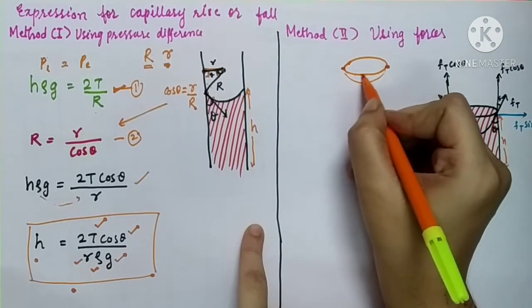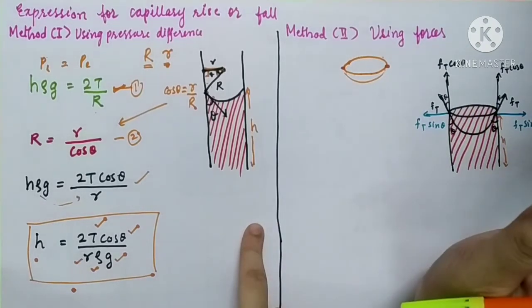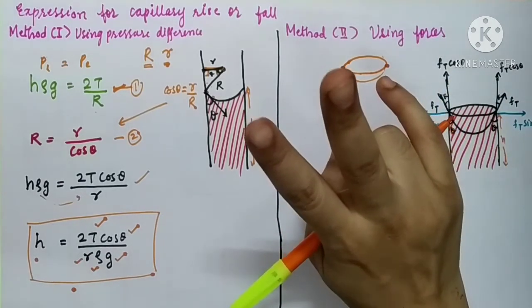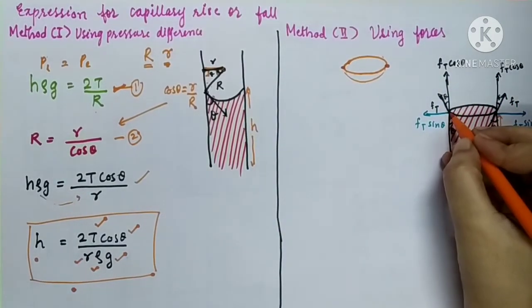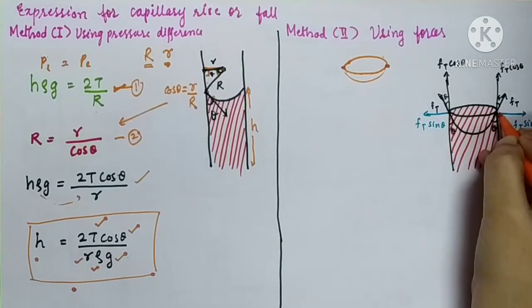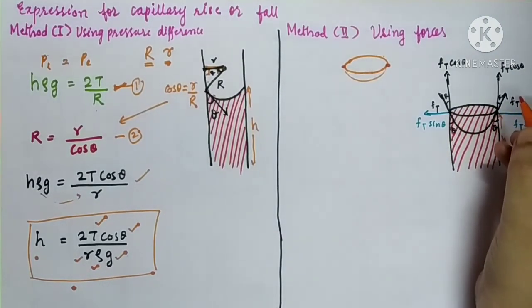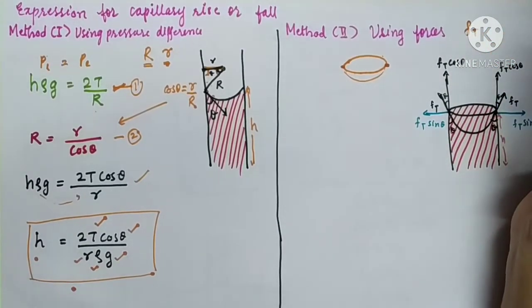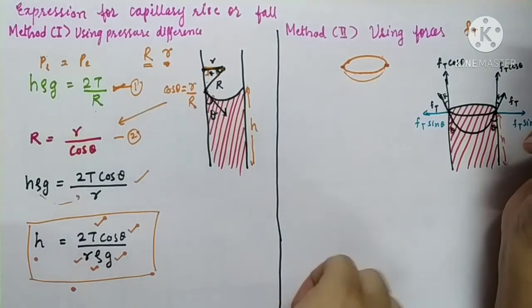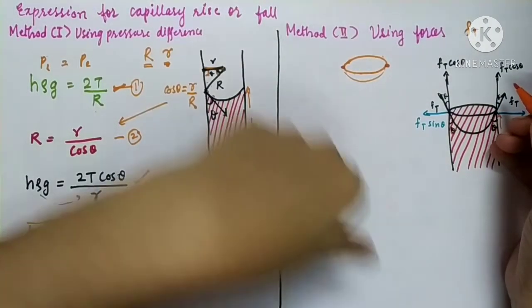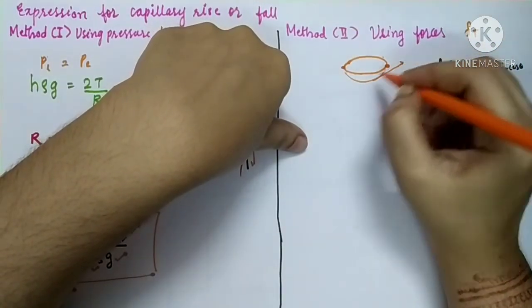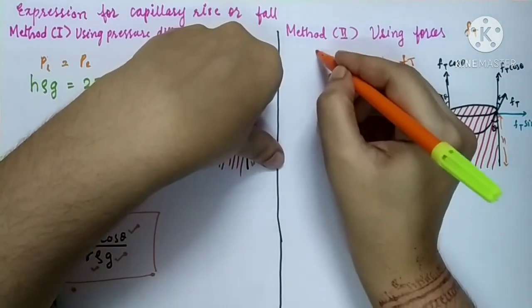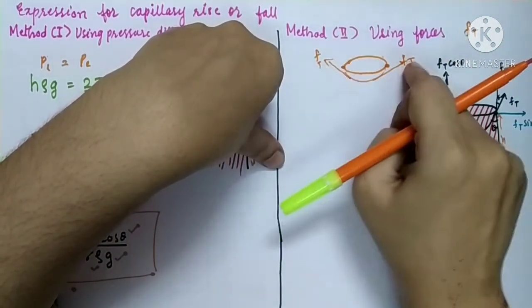There are various points which are in contact with the capillary tube. So for the sake of convenience, let us consider only 2 points. And fortunately, these 2 points are diametrically opposite points. So let small Ft be the force due to surface tension of a liquid. You all know how the force due to surface tension is going to act. It is going to act tangentially. So this is the direction of Ft at these 2 particular points.